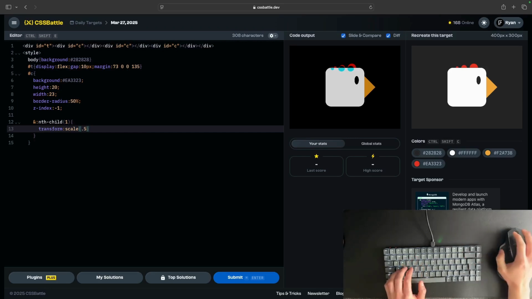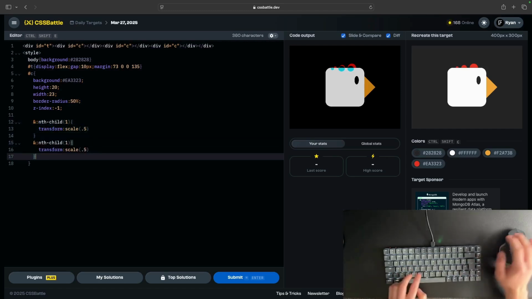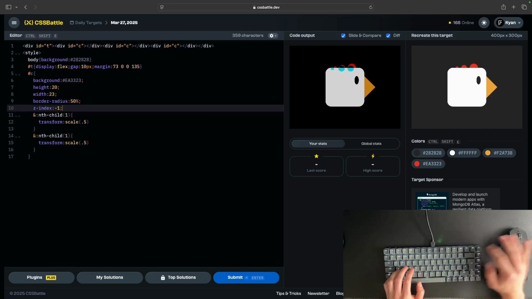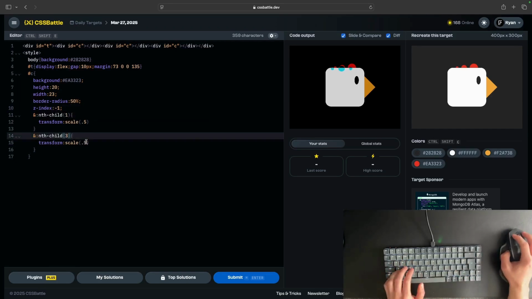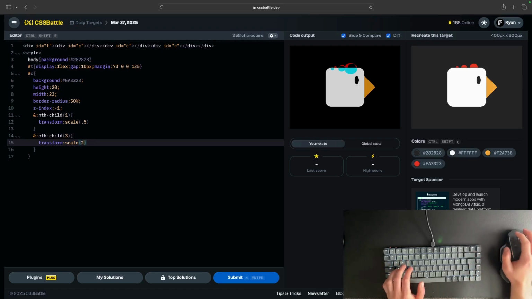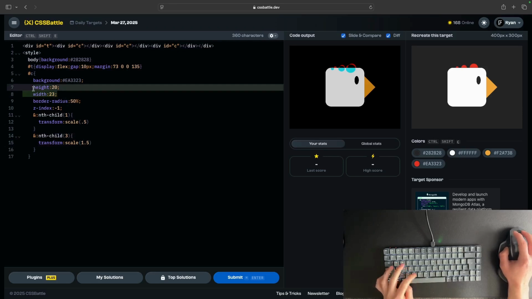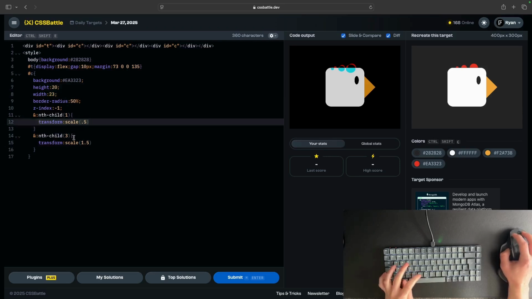But now the gap is an issue. Unless we use height and width for both. I don't think I'm going to be able to use scale transform. It's going to mess with the